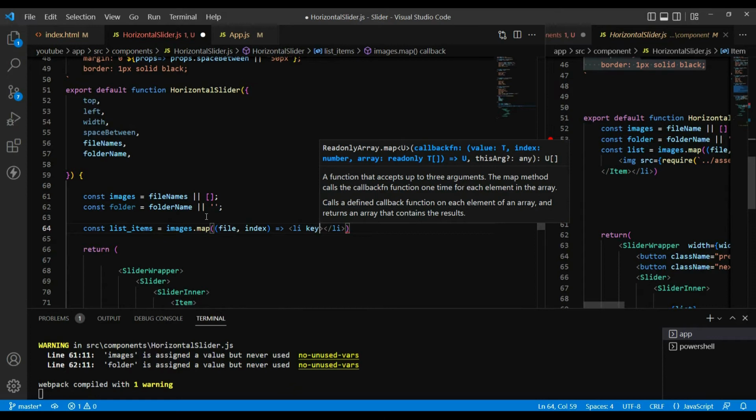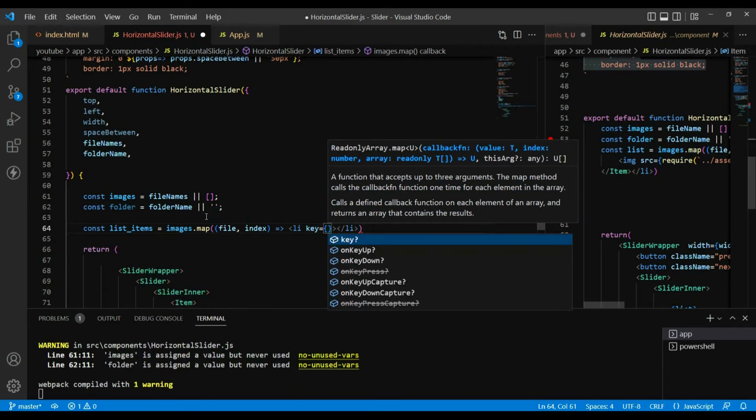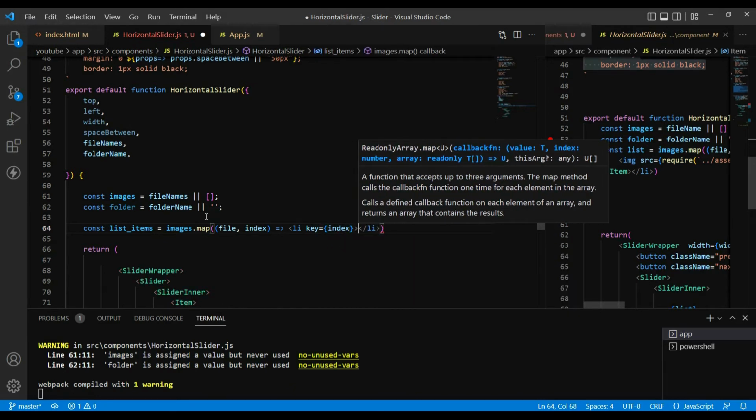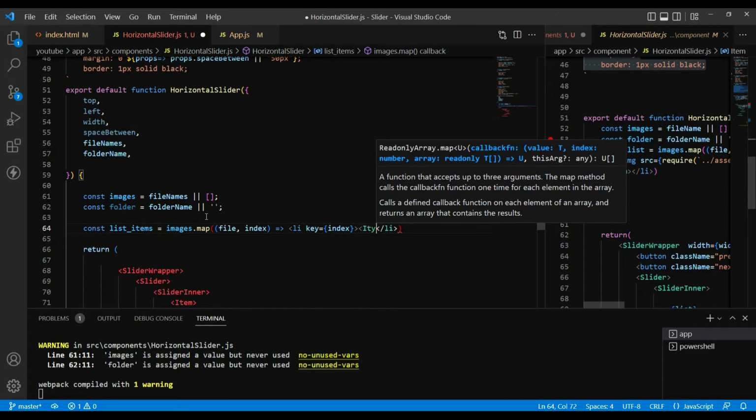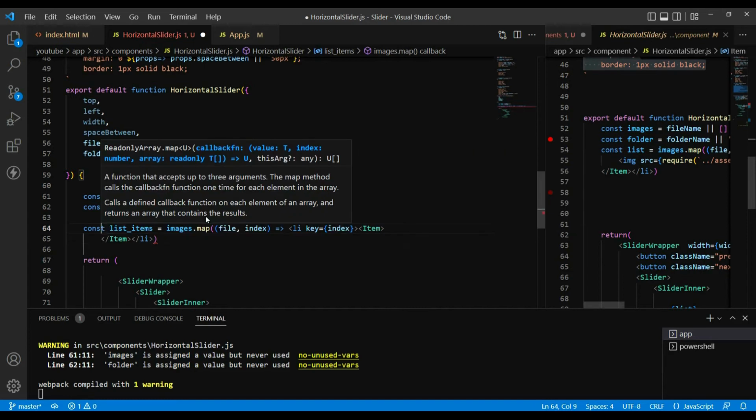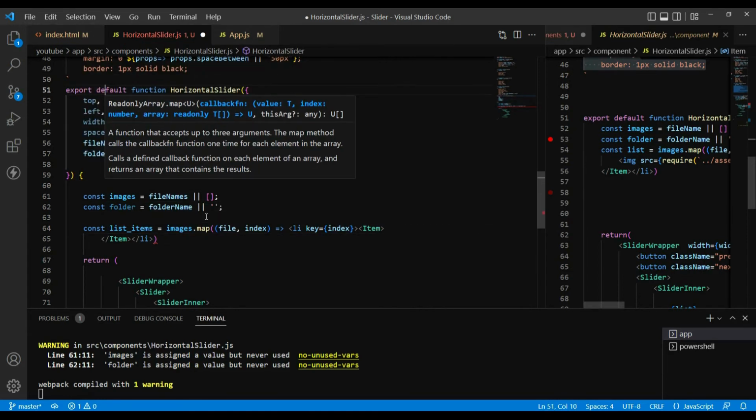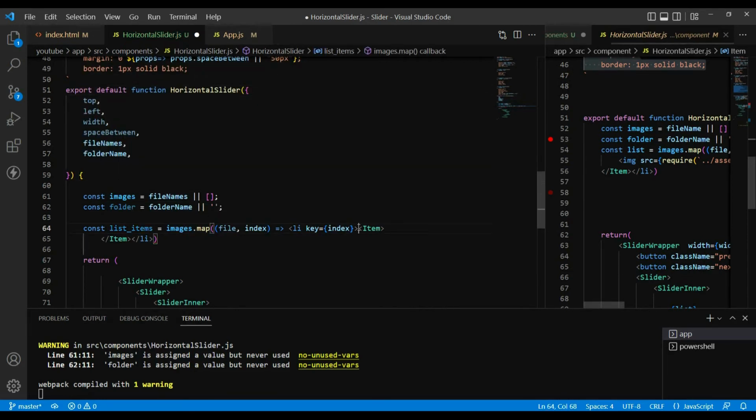Anytime you list something in React, you should always have a key. So it's going to take in the item. Change it like this, make it more readable. So the item is going to be